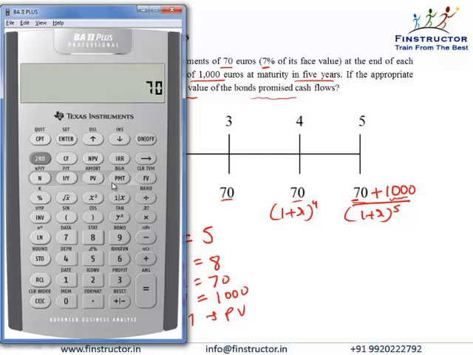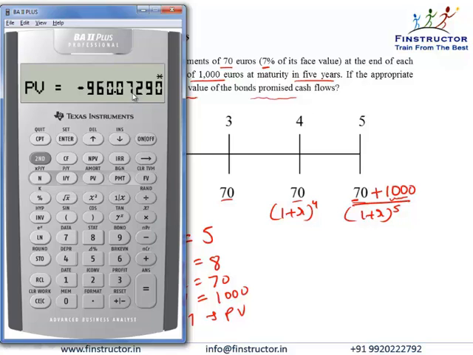$70 is the annual payment every year, and $1,000 comes additionally at t equal to 5, or at the end of the last period, that is at maturity. So once we've entered the values, we can press the button compute and press PV, and we'll get that the present value of the cash flows comes out to be